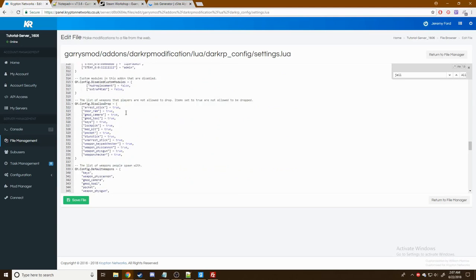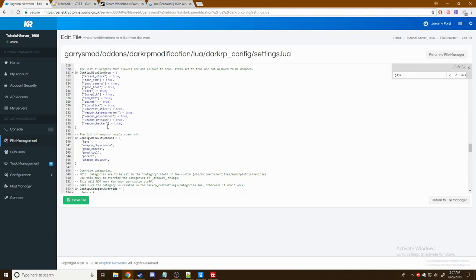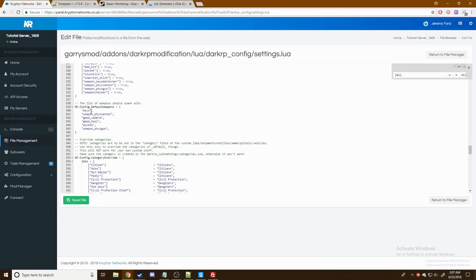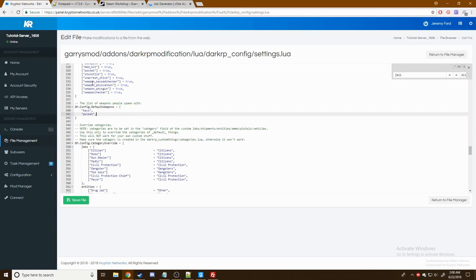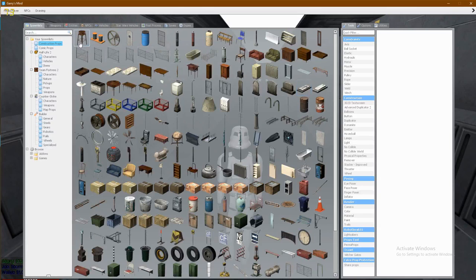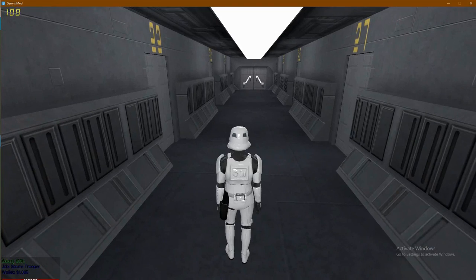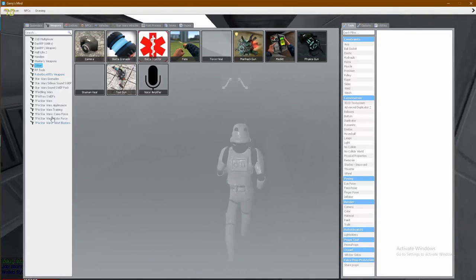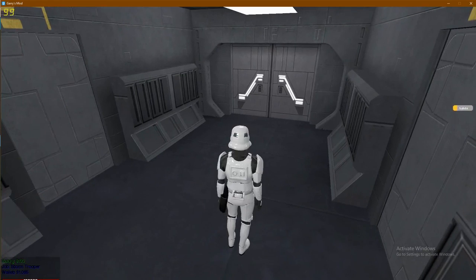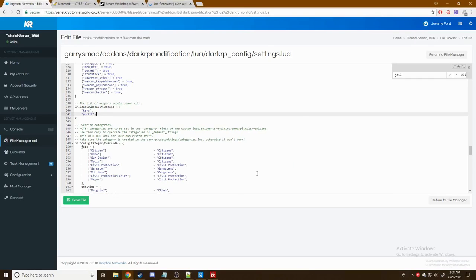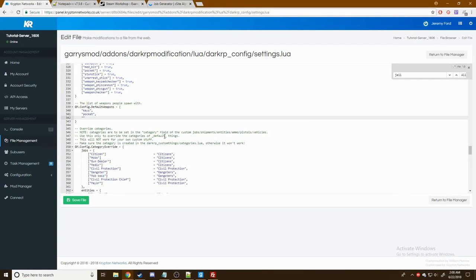Now we'll go over recommended options down here. So by default, these are the default weapons players will spawn with. I do not want my players to be able to spawn with the camera, tool gun, physics cannon, or physgun, so I will simply remove them. However, on your server, you may want them to spawn with something else, and if you do, you can add it in here. So as an example, I will have people spawn with the saber by default, and begin quotation,